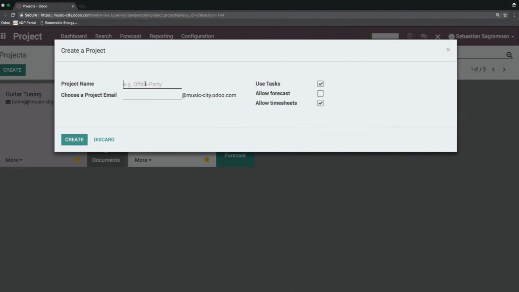We'll create a project. Let's call this Guitar Fixes. As you can see, my database is for a small instrument shop. We fix guitars, we sell them as well. In this case, my service product will be a guitar fix. So we'll name our project this. I'll give it an email alias, project email. We'll call it